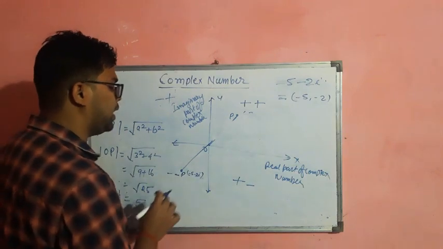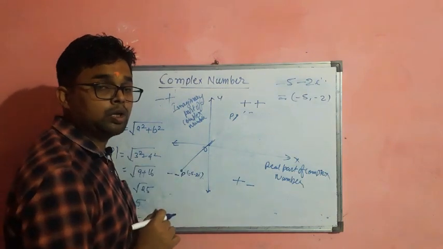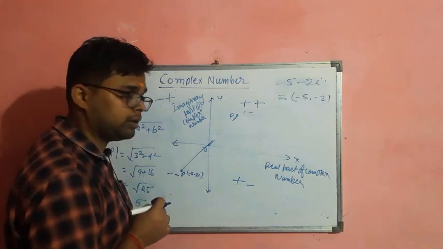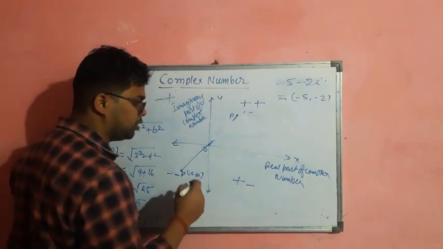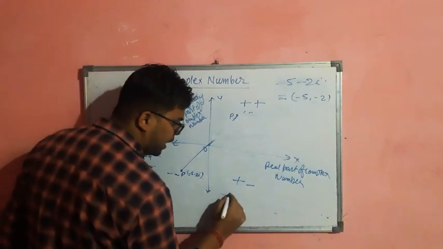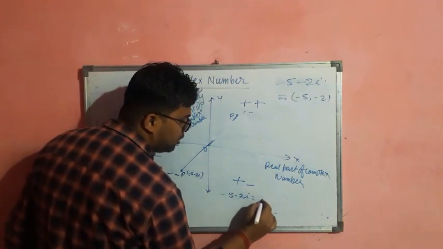Now I want to take the modulus of this complex number. So how can I find the modulus of this complex number? Easily I can find the modulus of the complex number. So here minus 5 minus 2i. If we